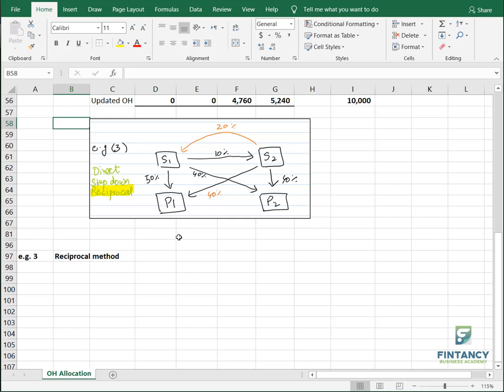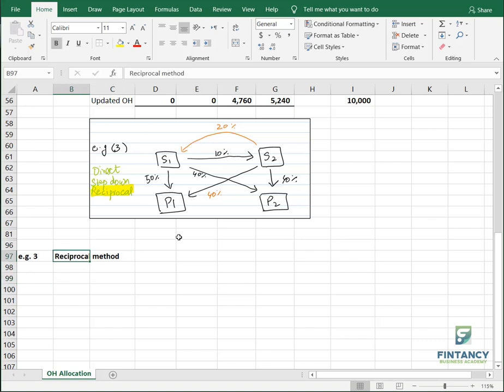If examiner is asking you what is the limitation of step down method, what you will write? You will write, if there is a scenario in which there is inter-service department relationship in which both service departments are giving services to each other, step down method cannot tackle it properly, right? Because you will start with one of them and then you will not come back. So this is a limitation of step down method. And what is the solution? Go for reciprocal. Got the point, everyone? Please write yes in the chat box if you got this story.